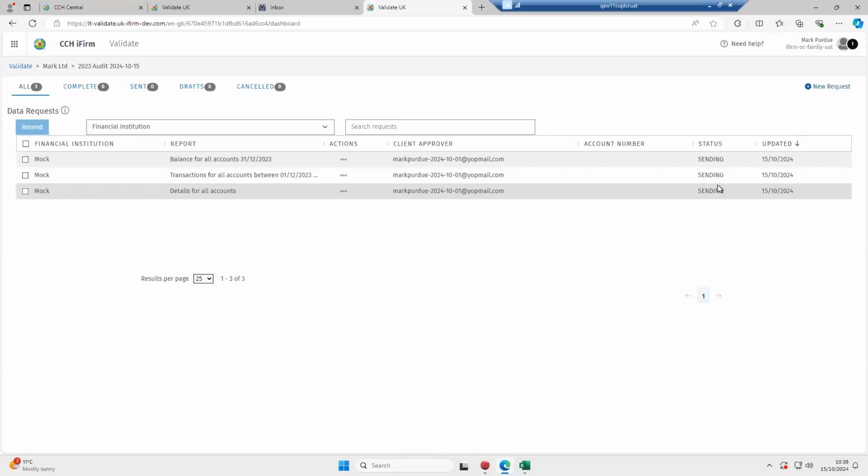It takes about 2 to 3 minutes for the request to go from Validate to the client, and then about 2 to 3 minutes once the client has made the approval for the data to flow back into Validate. So if I have a look now and just show you the typical example email that a client will receive,